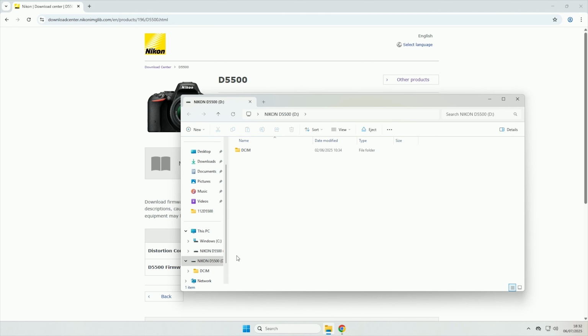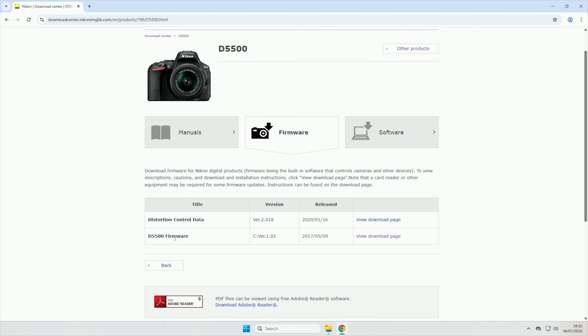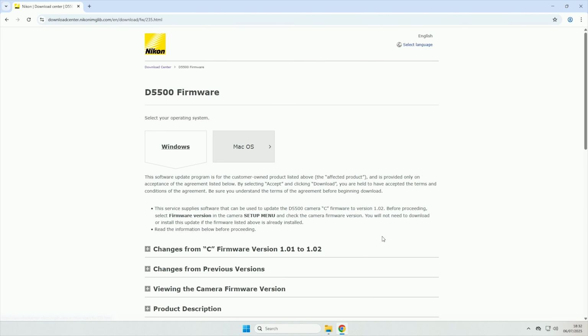So now we're going to power the camera off, and plug the SD card into the computer. So I'll just do that. Right, so now I'm back over on the computer, and I have just plugged the SD card from the camera into the computer. To download the firmware, you just want to click the View Download Page button here,